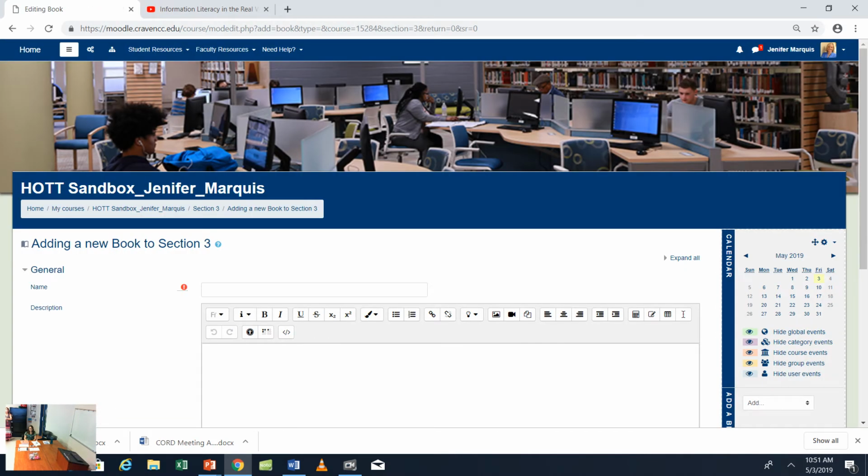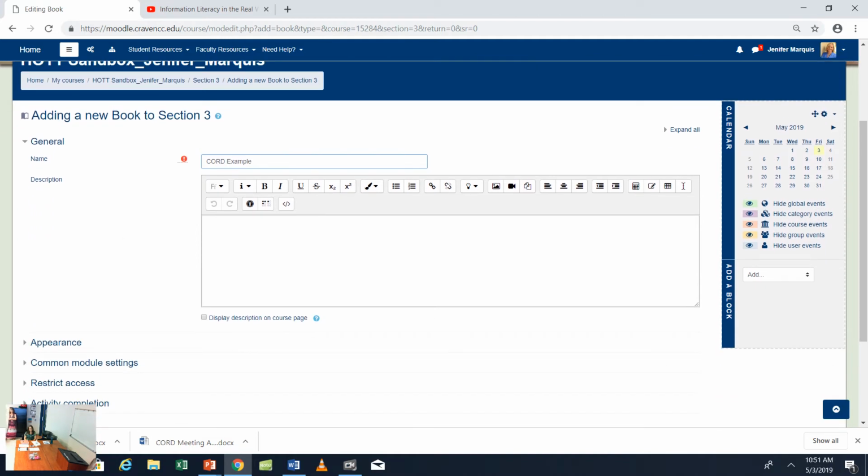Okay, so we can add the book, and I'll just say word example. And you don't have to have a description because there's no little icon there, but you can.